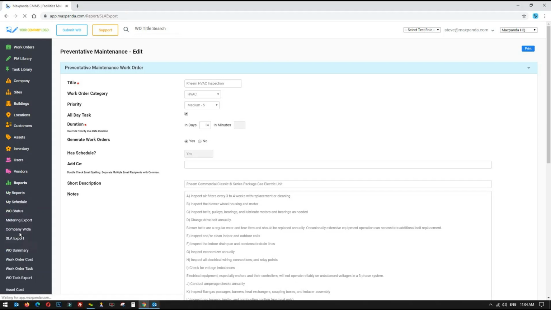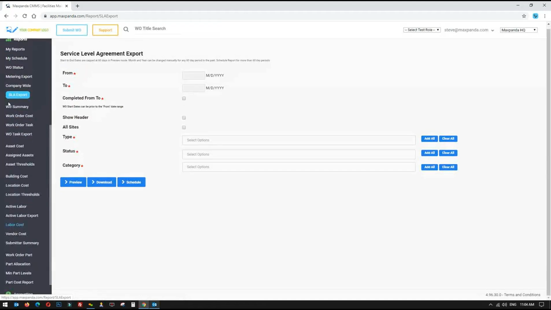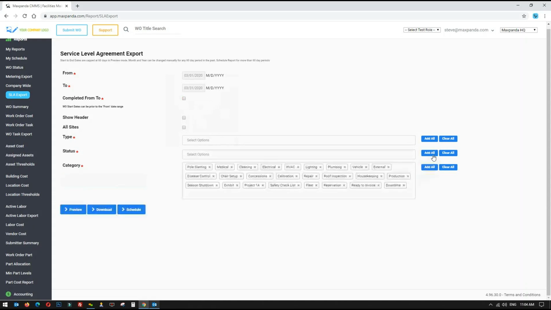And before I generate an SLA report, which is a very, very popular one, in reports, you can schedule unlimited reports. For example, this is an SLA. It's a service level agreement report. It'll show you every work order within a time frame. So I want to see what's happening in my world in March, for example. I'm not going to